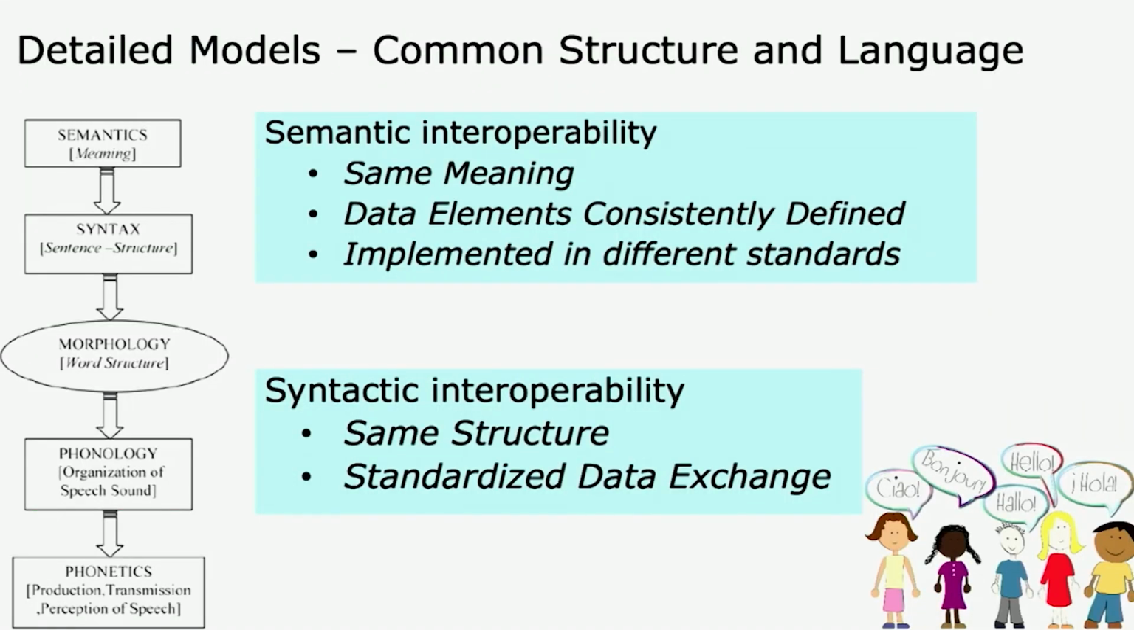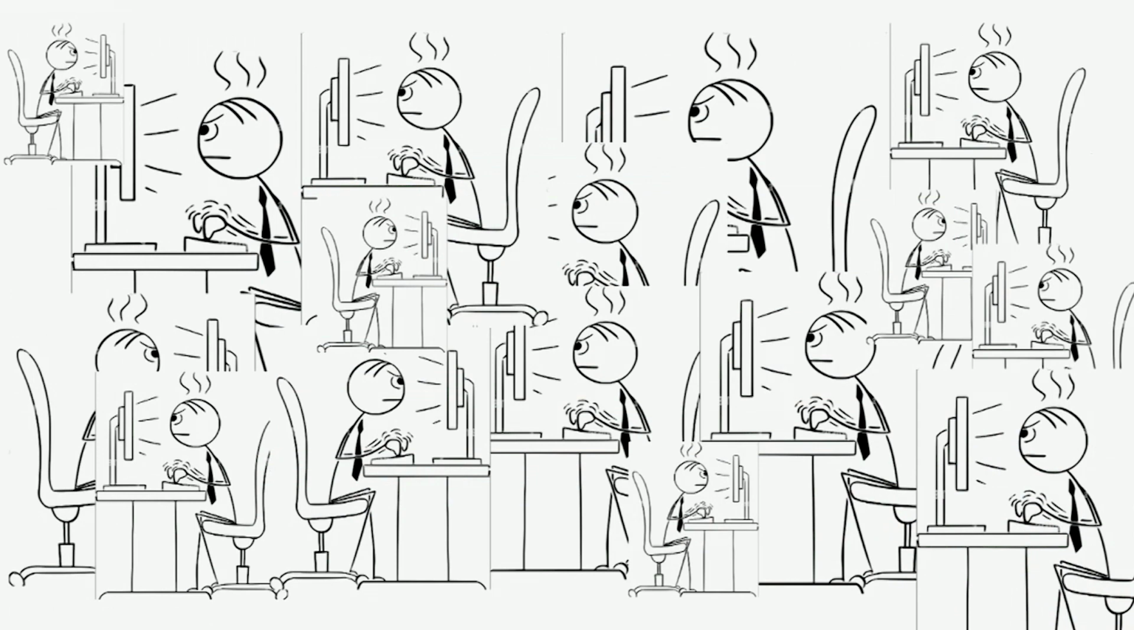So these detailed models have common structure and language. The data elements have to be very consistently defined in them. And the semantic interoperability also assumes that you have syntactic interoperability along with that. So the problem that we're trying to avoid is many different developers creating a FHIR profile for the same use case and winding up with